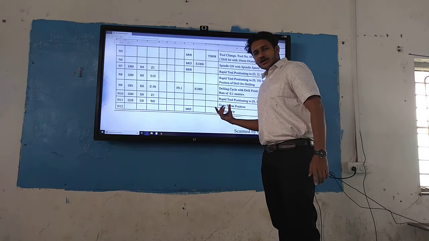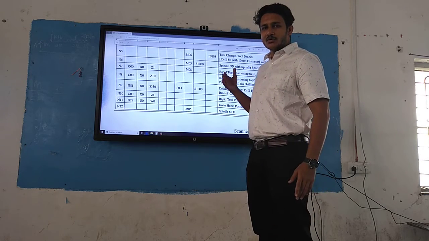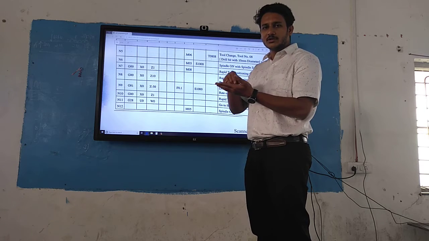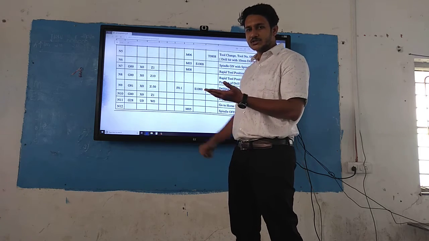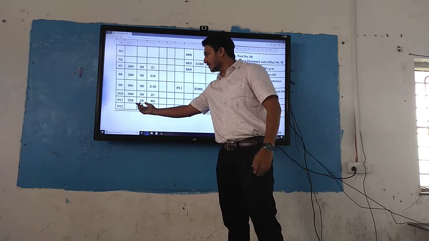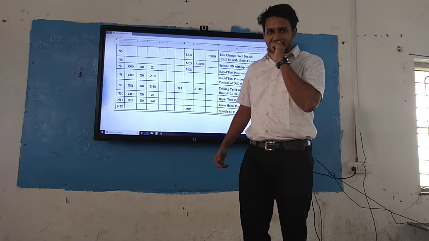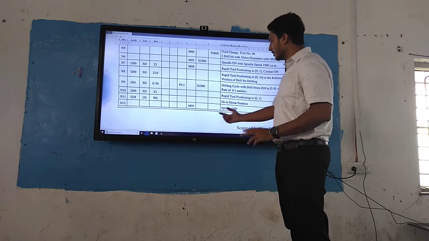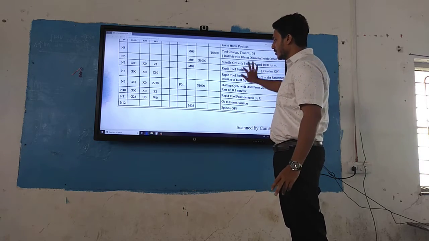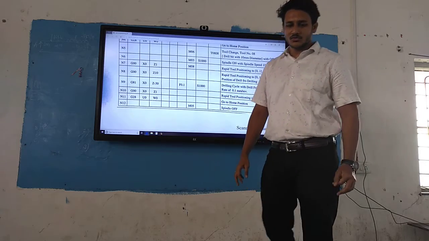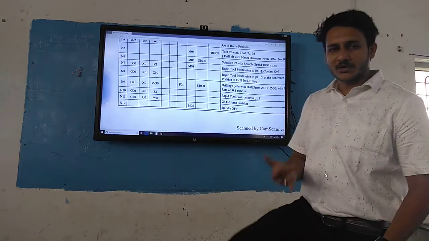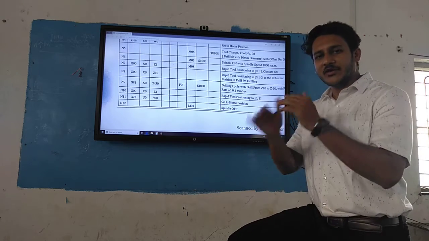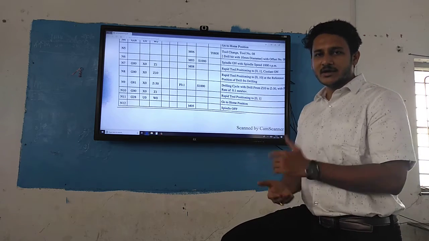Once my tool has come out, I instruct my machine that the tool can go to its home position, that is G28 U0 W0. Then I turn off my spindle using the code M05. After that, I turn off my coolant. I'll stop my program, and if I want, I will rewind it.